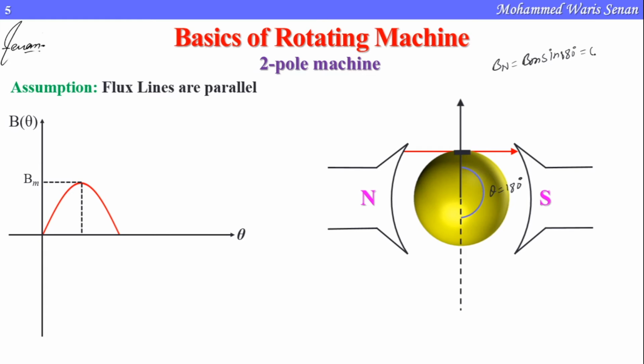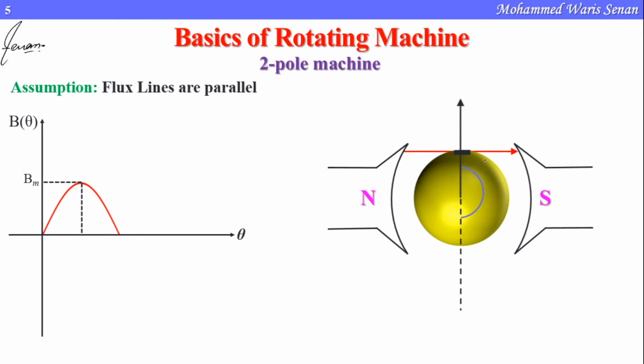So sin 180 degree is 0. Now if we take the cos value, so Bm cos alpha. Alpha is the angle between the magnetic flux lines and the area vector. So here this is 90 degree, so cos 90 is 0. You can see both the results are 0. So from here you can see the graph will go from maximum to 0 value. So it will be a half cycle of the sinusoidal wave.